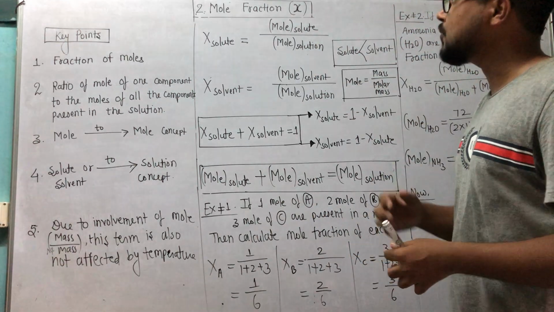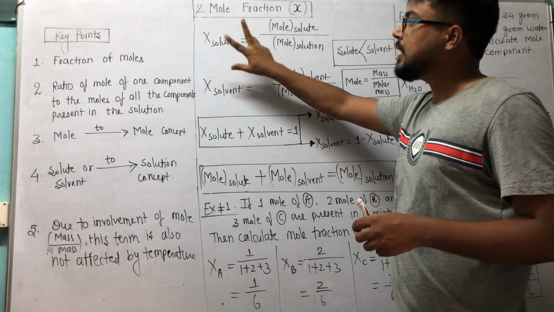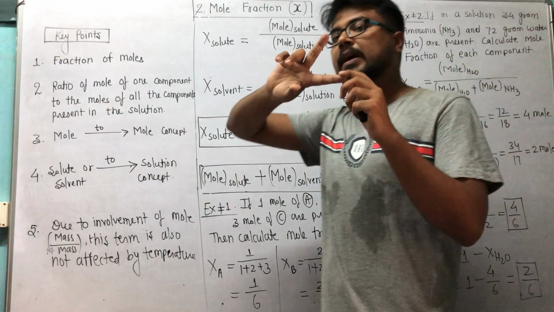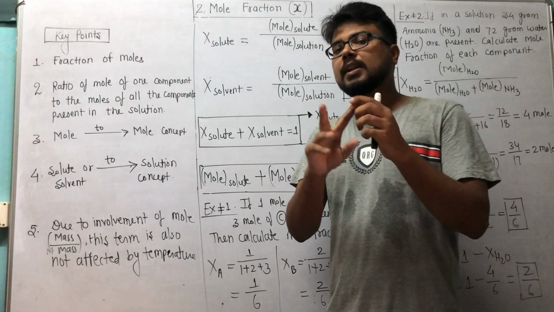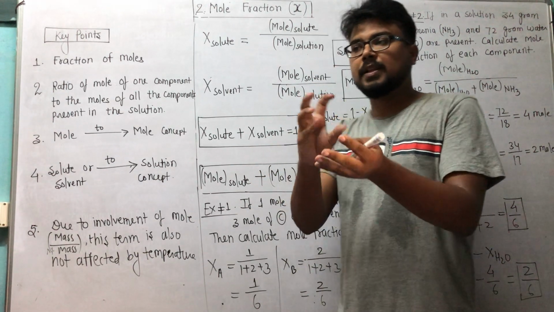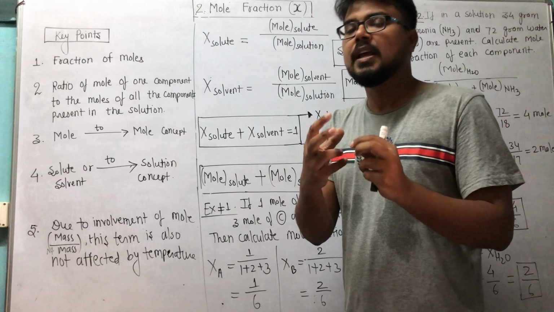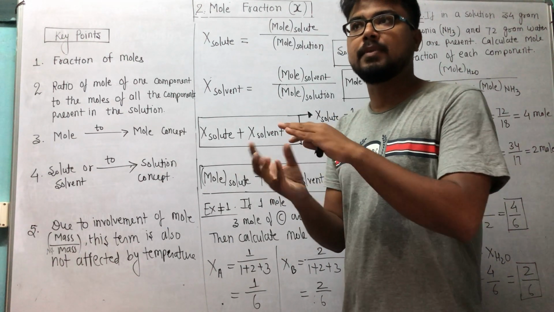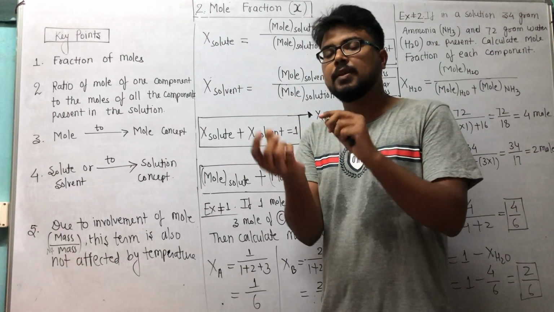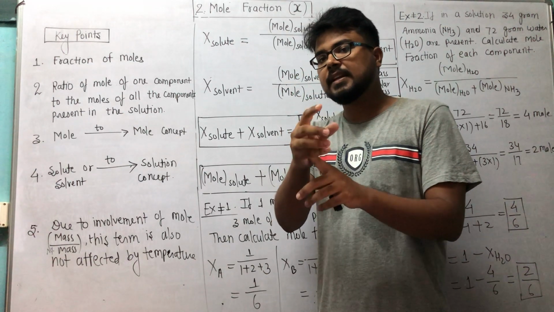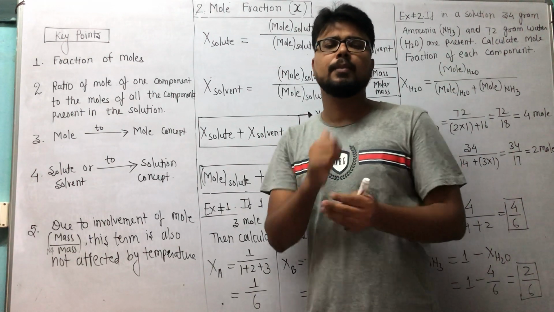So how to calculate, how to solve, how to design the formula or equation for mole fraction? Suppose in a solution I took two components, a binary mixture. Binary mixture means in which only two components are present. It can be ternary or quaternary as per the mixing, the number of components. If three components are there, then it will be a ternary mixture. If there are four components, it can be just like nimbu pani. You know very well what nimbu pani is. In nimbu pani there is a drop of lemon, salt, sugar, and water also. So here four components are there.